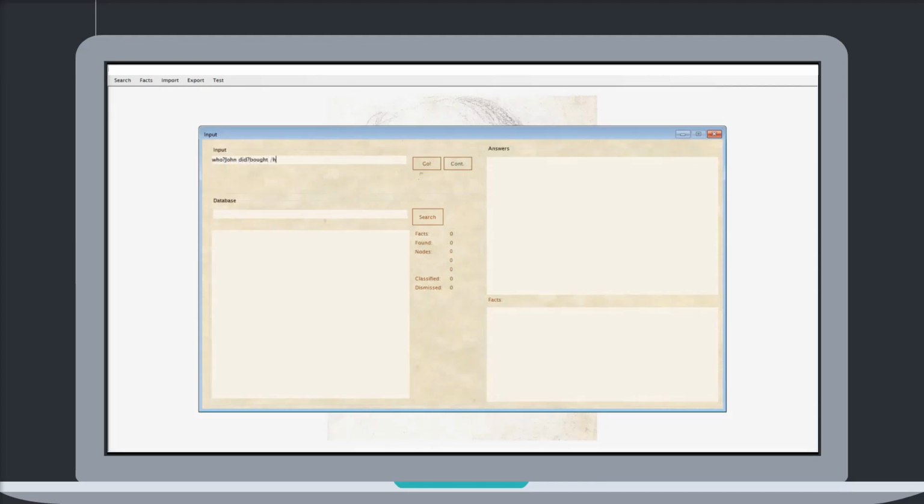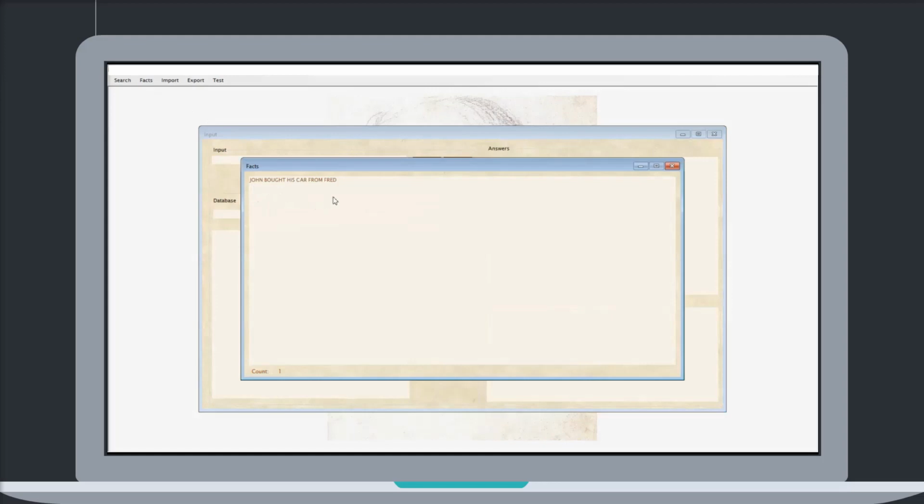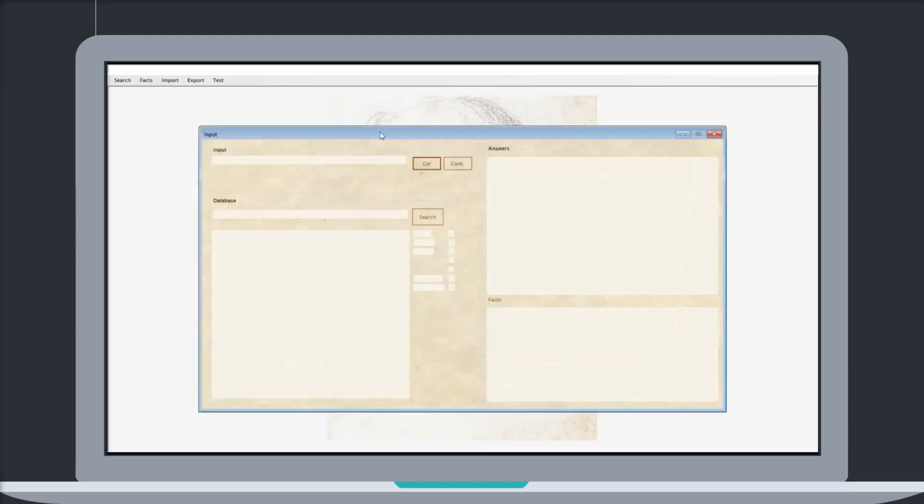I need to add some classifiers to the information I am entering, because I am not using any natural language processing whatsoever. But the bottom line is that I am telling the system that John bought this car from Fred. Secondly, I am telling that Fred sold the car to Anna. And to demonstrate that the learning took place, we will be asking questions that require relating these pieces of information.